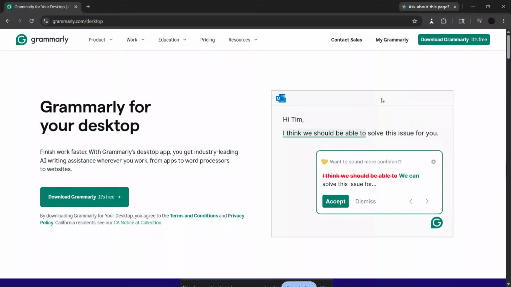Today I'm going to show you how to add Grammarly AI on PowerPoint the easy way, even though there is no traditional PowerPoint toolbar add-in for it. Instead, Grammarly works through the desktop app, which gives you a floating widget that appears right next to your text on the slide. This is a really useful setup if you want faster writing, better slide wording, and cleaner presentation